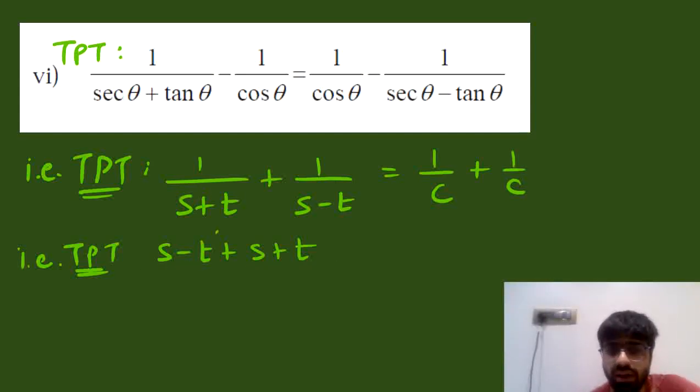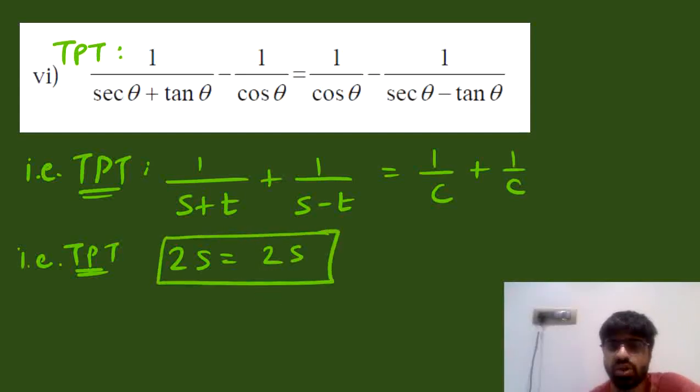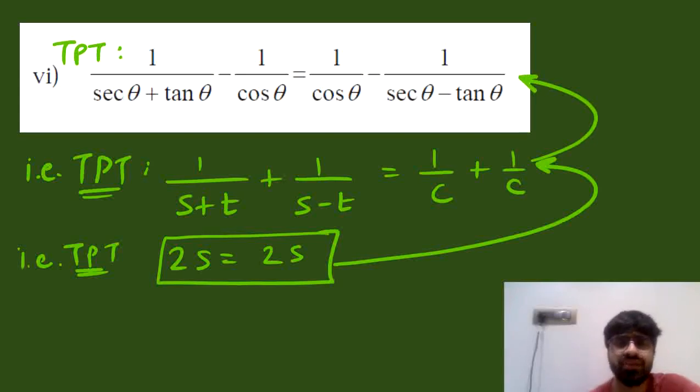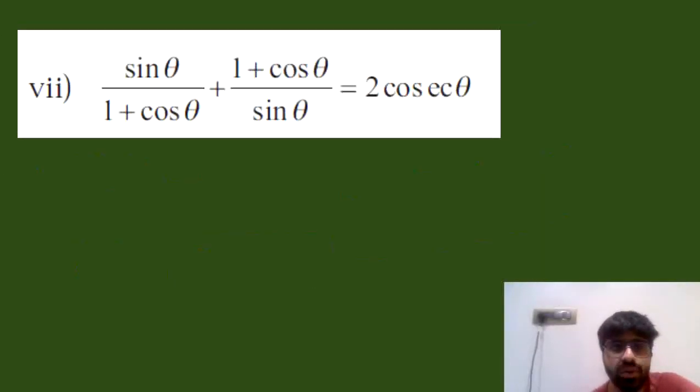And in the numerator, we are cancelling off tan, and we are having 2 sec theta. Okay, so we have to prove it is equal to 2 upon cos theta. But 2 upon cos theta means 2 sec theta only. So this result is already true. If this result is true, this result will be true. And if this result will be true, the proof is also true. This is a different way of proving a given expression. But yeah, even this way of proving is valid in your papers. So here's one more method of proving sums that you are learning. And yeah, that is how we are solving the sixth question. Let's go ahead with the seventh one.